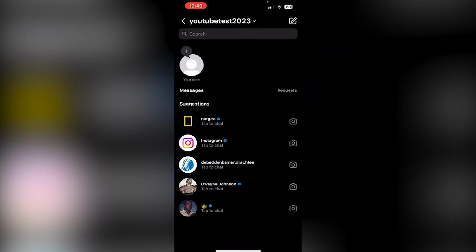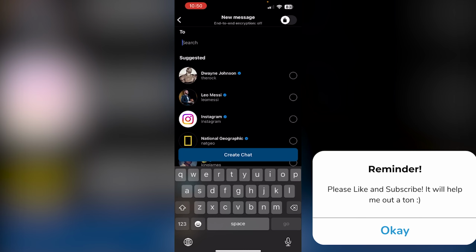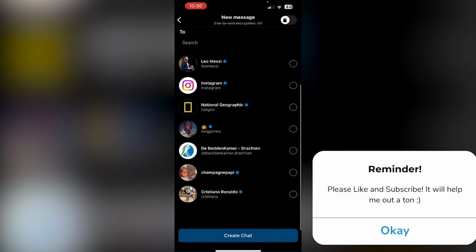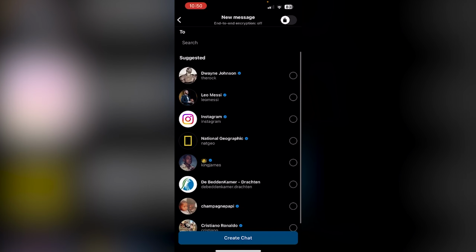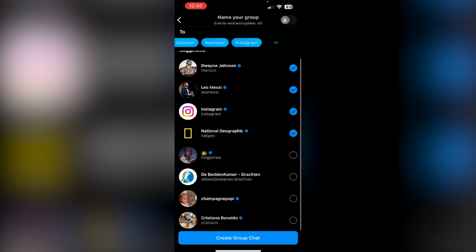Right here. Now from there, all you have to do is simply head down to the top right once more where to write a new message. Now here should be the option to create a chat or broadcast. Now as you can see, my broadcast isn't available. Now the thing is, you should select a few, and here you can create a group chat but not a